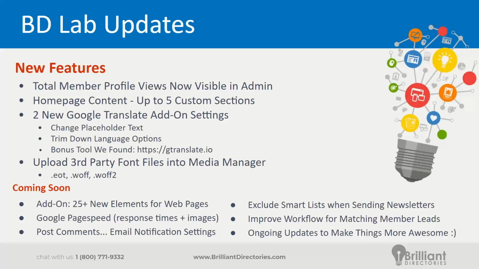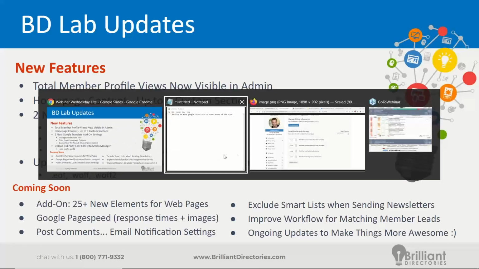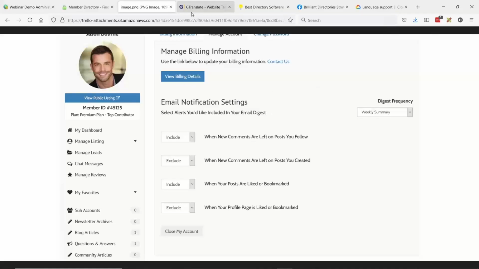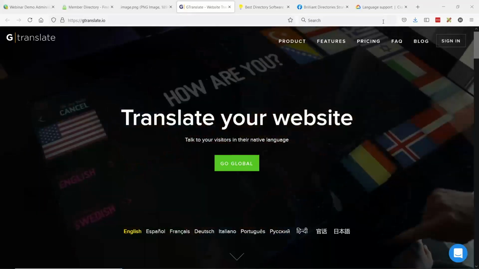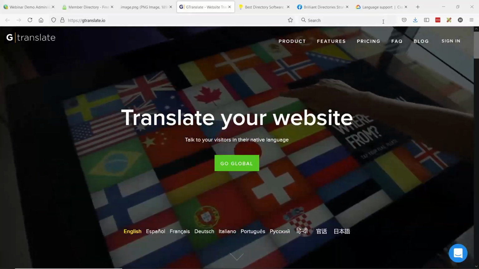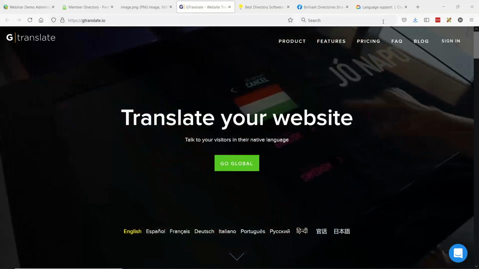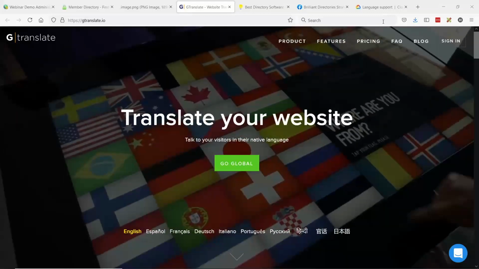We've seen a couple BD customers, I can't share their sites, but they are using a tool called GTranslate.io. I'm going to show you that. It's not a Google company. The G stands for global. It was a little confusing for me as well. But let me show you their site. Again, these are for people who need an entirely separate domain, like a subdomain in French, like fr.mysite.com, and the entire site will be translated in French.